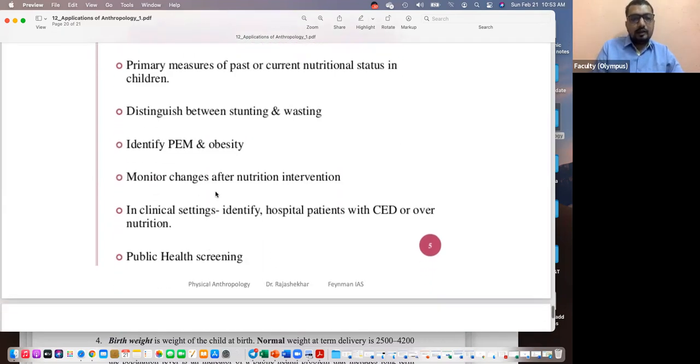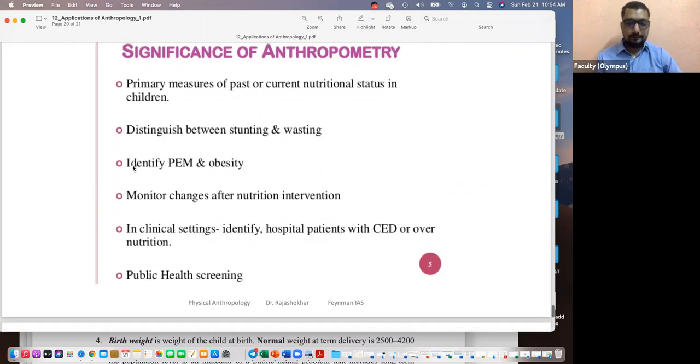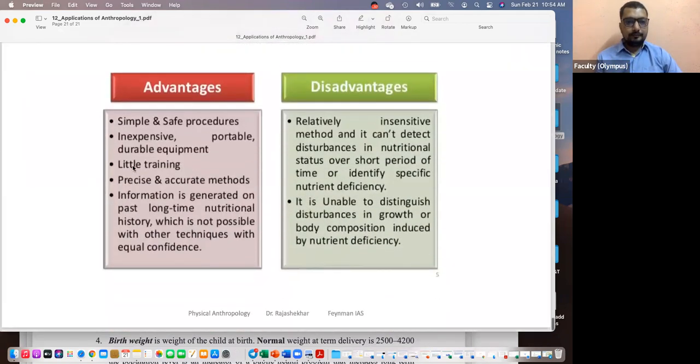And in clinical settings, in hospitals, they can identify patients with these types of diseases, and especially patients with certain abnormalities. Here the focus is mostly not on specific diseases, but on certain deficiencies in their diet. So in a clinical setting, for disease sensitivity, they can check for a normal growth pattern in a given population. Someone like Anganwadi workers or government hospitals, PHCs, public health centers, can make simple measures to help people identify what problems they are going through and fix those problems.